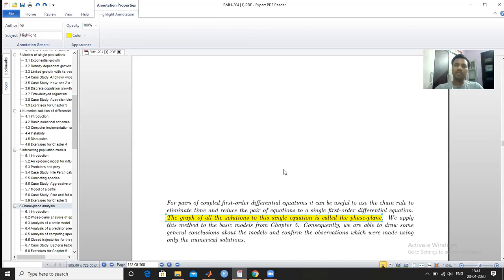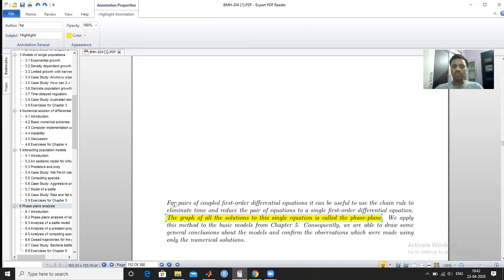And if we eliminate the time from all these equations, then we will get the relationship between these state variables. And if we plot between these state variables, then that plot is known as the phase plot. Or if specifically we are considering a plane, meaning only two variables, then that is known as the phase plane. And the analysis based on this is known as the phase plane analysis.